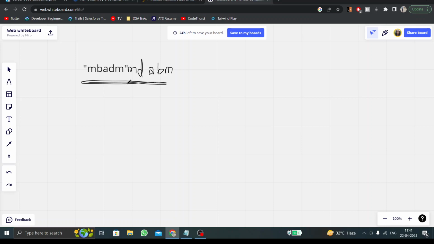But in the question they have mentioned that we have to make the minimum insertions. In this case, we have made 5 insertions to make this string a palindrome. But it is possible to insert fewer characters and make this string a palindrome. Let's see how. If we have to insert the minimum characters,